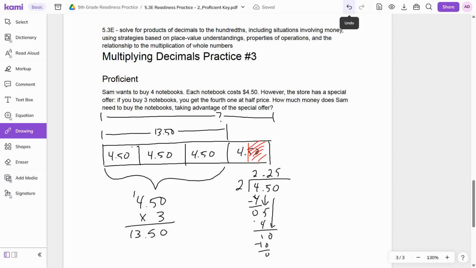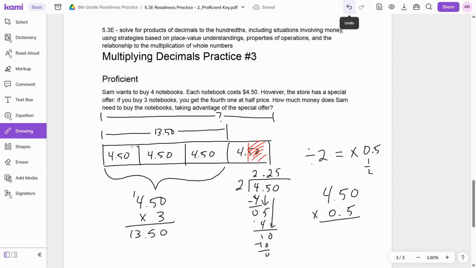This is something that you're going to really spend a lot of time thinking about next year in 6th grade. But dividing by 2 is the same as multiplying by 0.5. 0.5 is 5/10, which is a half. Dividing by 2 is the same as multiplying by half. So we know how to multiply by half, so let's just take 450 and let's multiply it by